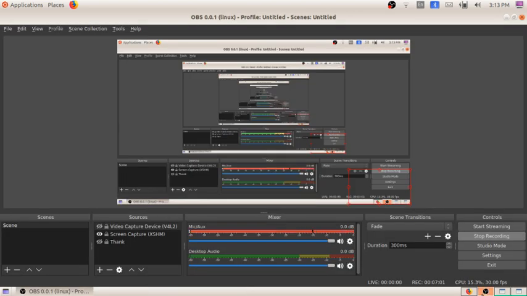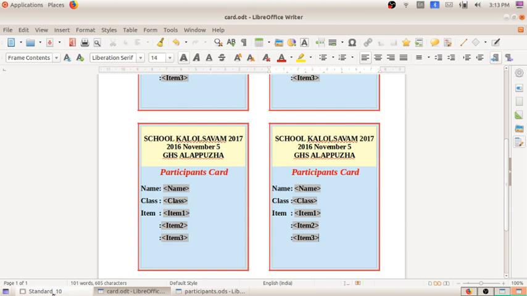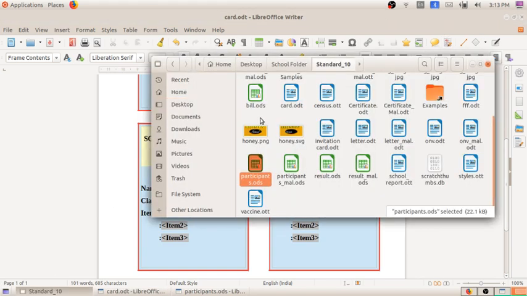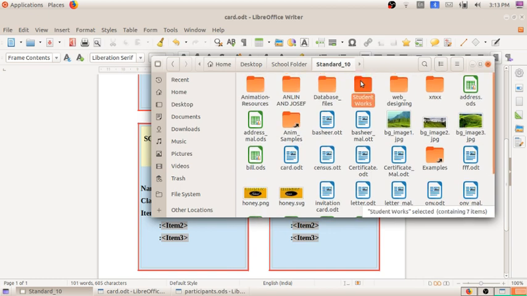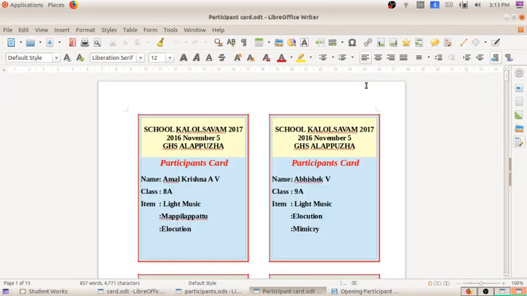So how will we get that? For that we have to open the student works folder. Here when we move to standard 10, there is a folder named student works, and here I saved participant card.odt. Click on that. Did you see the changes? First name is Amal Krishna, class 8A, light music.